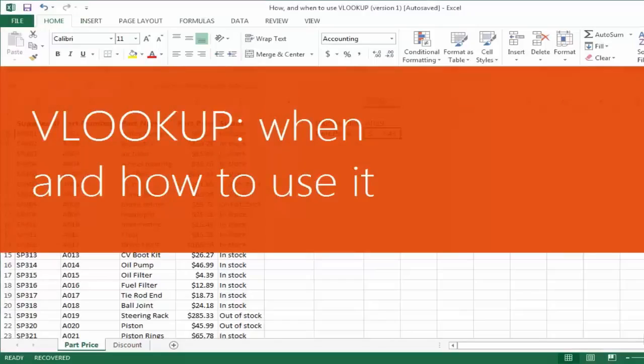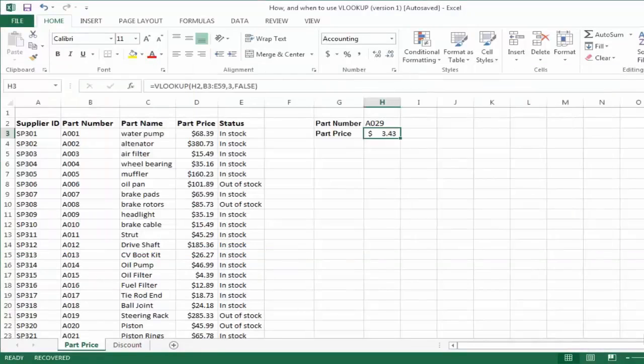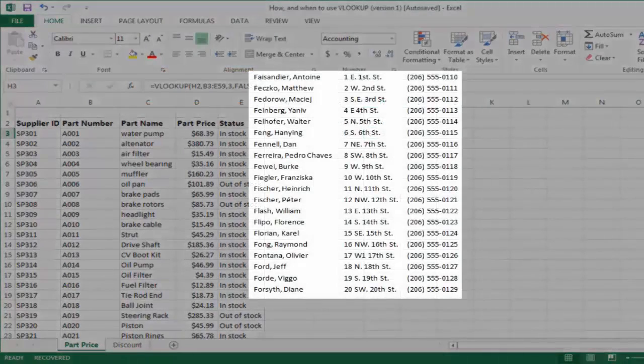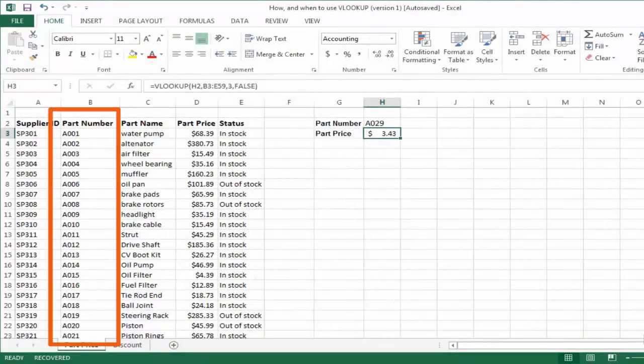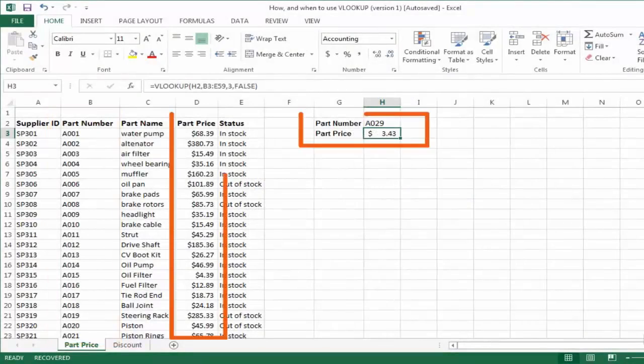When you need to find information in a large spreadsheet, or you're always looking for the same kind of information, use the VLookup function. VLookup works a lot like a phone book, where you start with a piece of data you know, someone's name, in order to find out what you don't know, their phone number. So as an example, I'll enter part numbers, the thing I know, and find out prices, the thing I don't